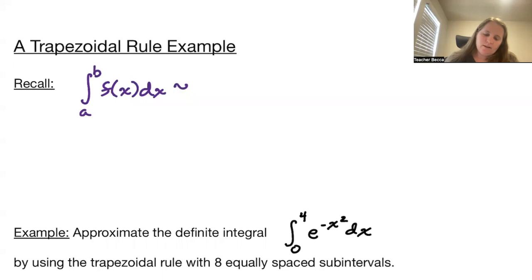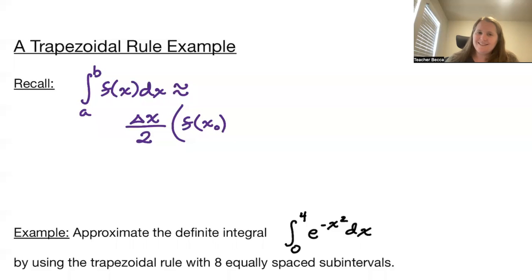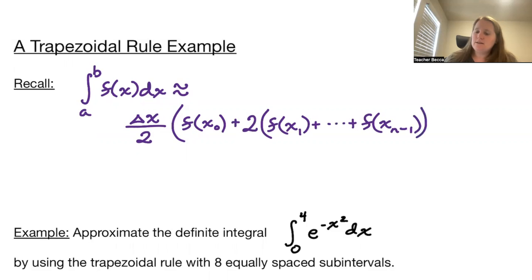And we wound up getting that this is approximately delta x divided by 2 times f of x0, f of a essentially, plus 2 times in parentheses f of x1 plus all the way up through f of xn minus 1, end parentheses, and then plus f of xn in the second set of parentheses,